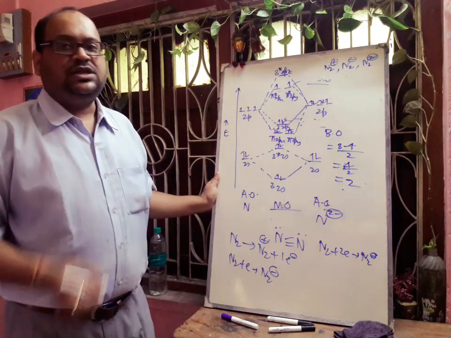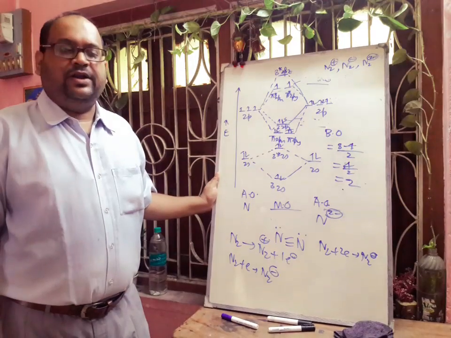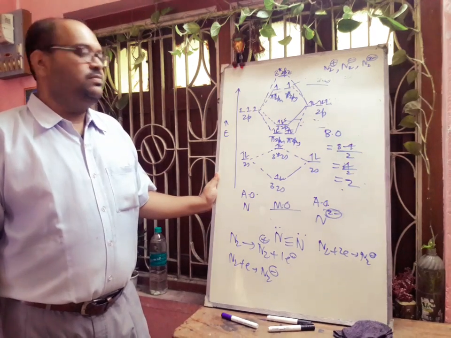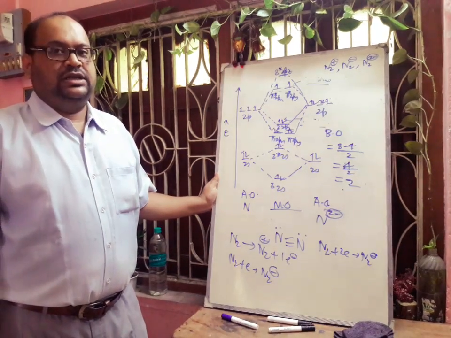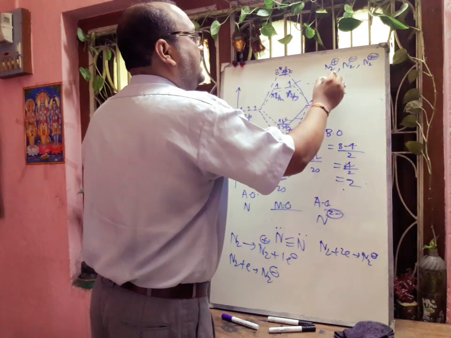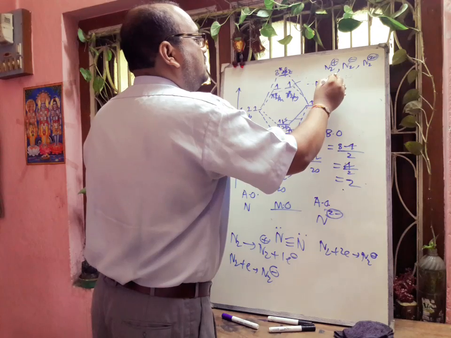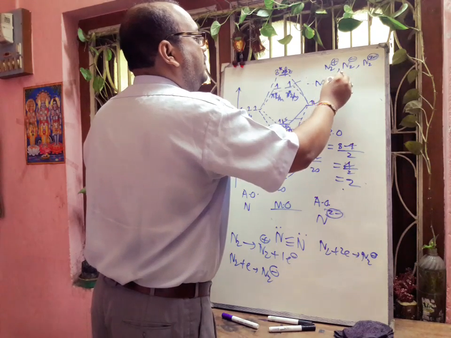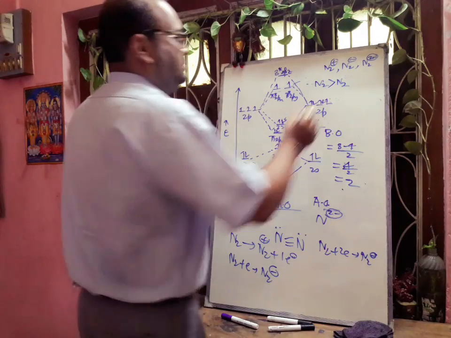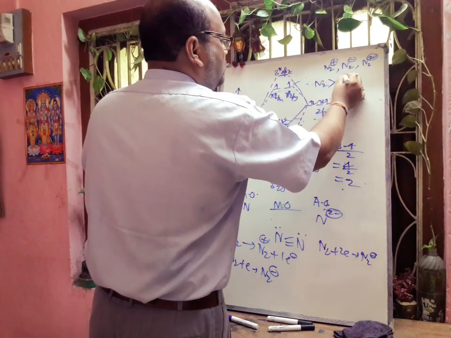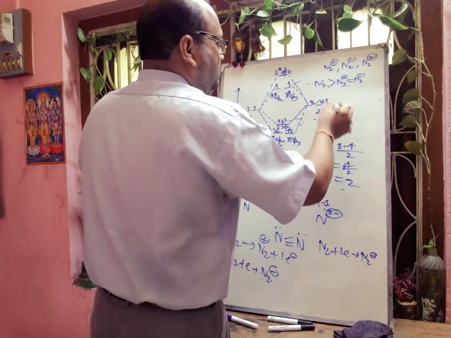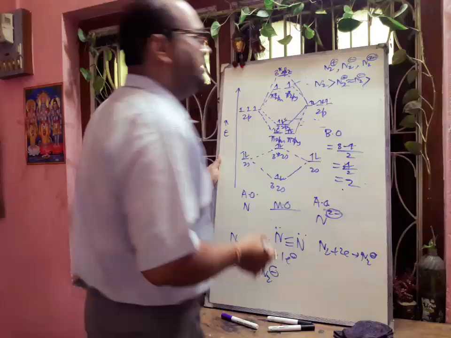Okay. So next, if anybody asks to arrange the bond order in decreasing order, then first will be the N2, then N2 plus or N2 minus, which is almost the same. At your level you have to know up to this. Later, at a higher standard, you will know better. Okay.